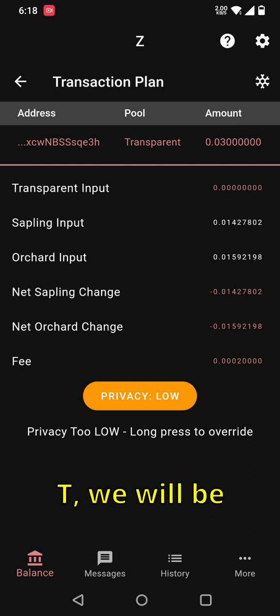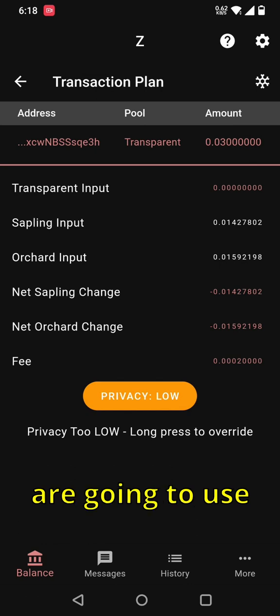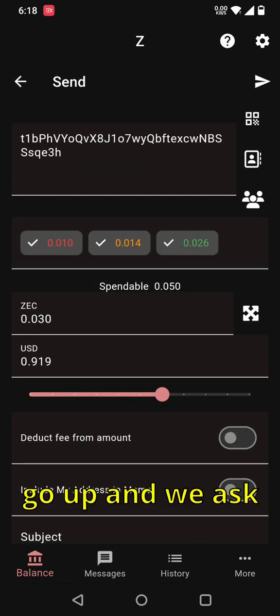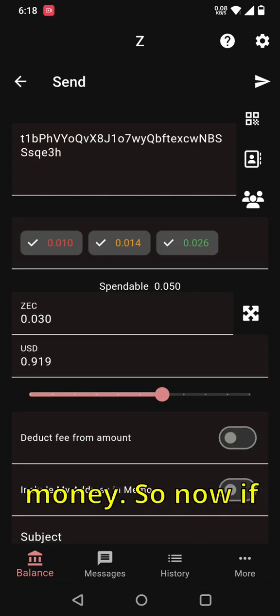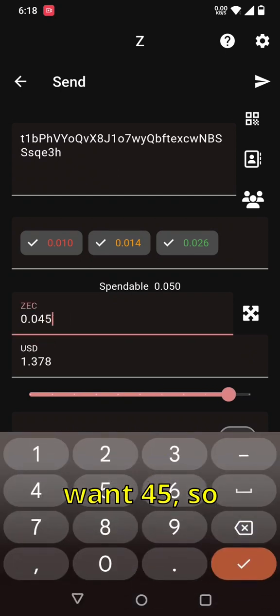If we were doing a T2T, we would be lowering our transaction to very low privacy. So even though we have transparent funds, as long as we have sapling and orchard funds, we are going to use these funds first. So let's see what happens as we go up and we ask for more and more money. All right, so now if we go and say we want 45, so nearly the entirety of our treasury,